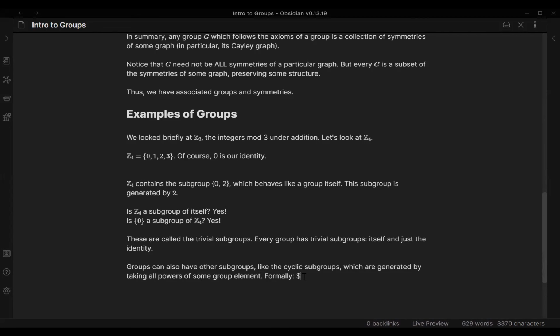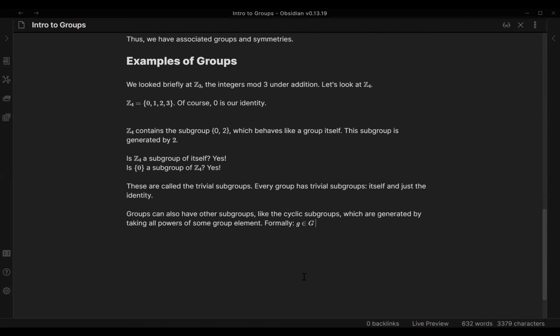Formally, if we have some element g in G, some little g and big G, g generates the cyclic subgroup denoted by just g in parentheses, which looks like this. We have the identity, g squared, g to the third, g to the n, stopping only when,